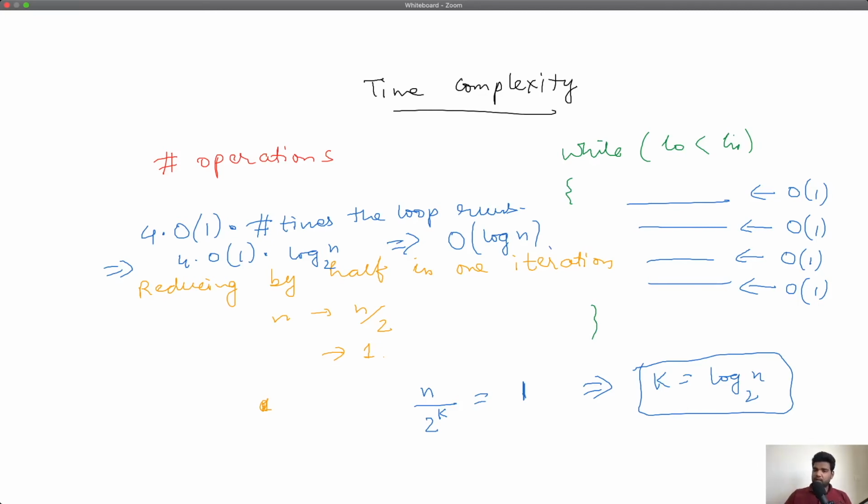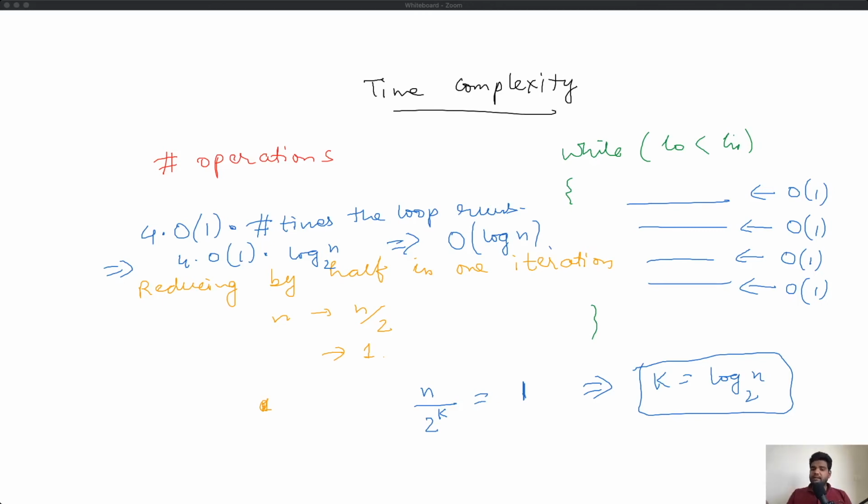So then the time complexity of binary search is nothing but the number of times this loop runs. So how do we compute the number of times this loop runs? If you think about how your search space is reducing, you are basically saying that your search space is reducing by half in every iteration.